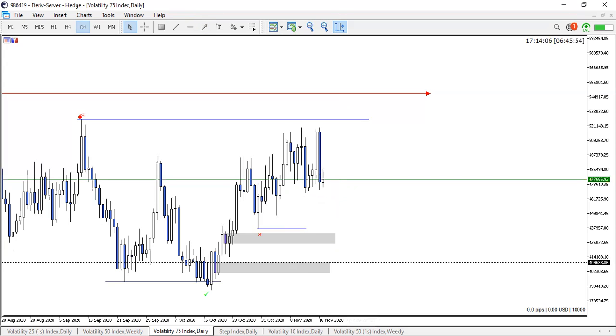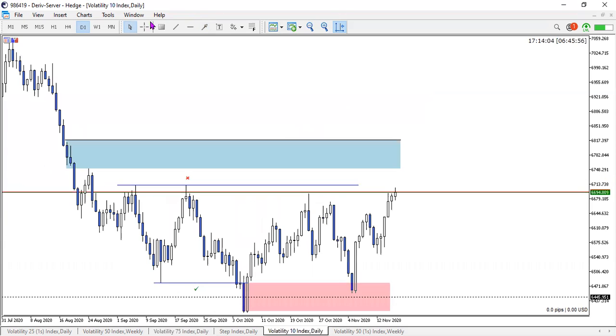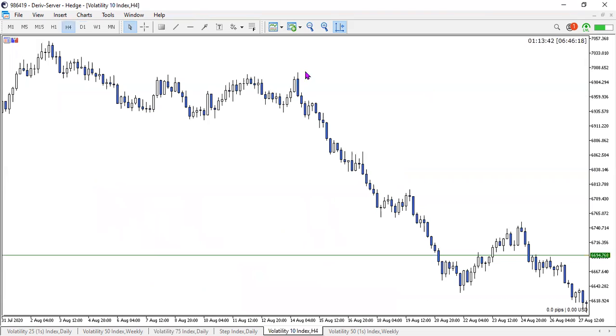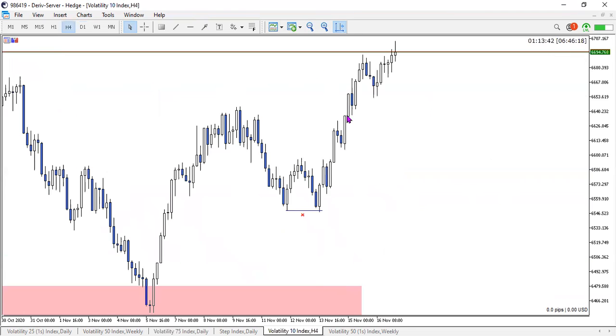Cool. Moving on to volatility 10. Volatility 10, I did speak about yesterday that I would have liked to see a retest, right? But it did seem more likely that price will push up into this blue zone before it comes back for a retest. So that's something that is happening at the moment. Not really much more that I can speak about on here, other than the fact that it's most likely just going to keep pushing up to the upside. You're not going to get any clear structure on the lower time frames. If you look even at the H4, there is no clear structure on here.